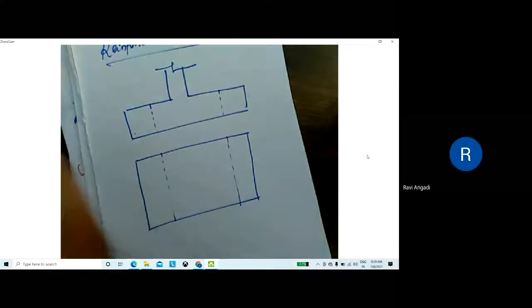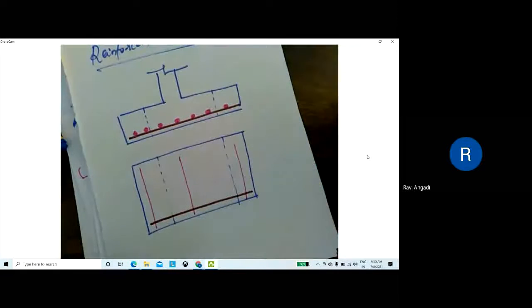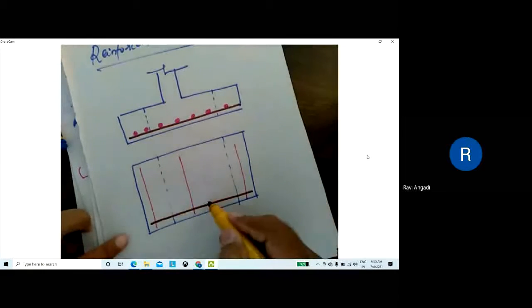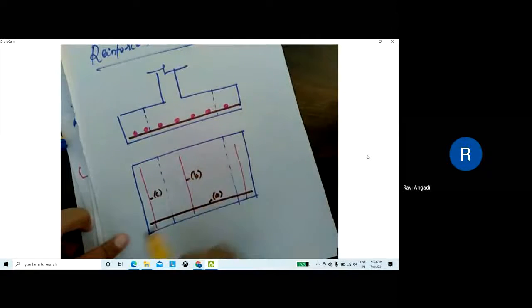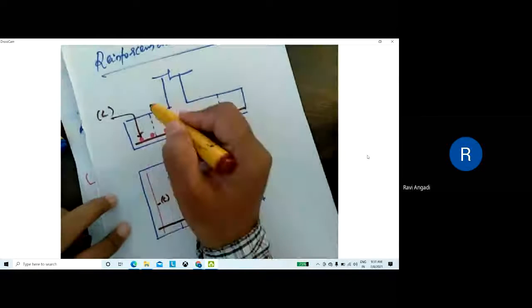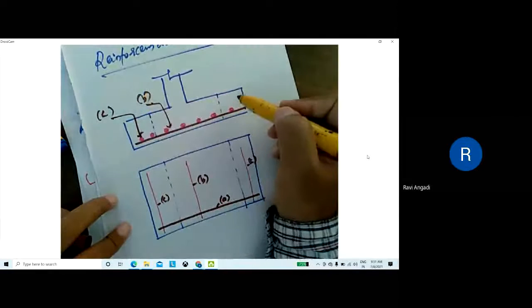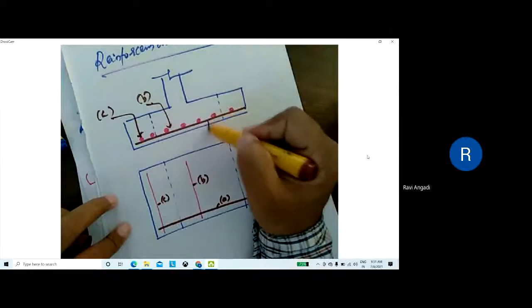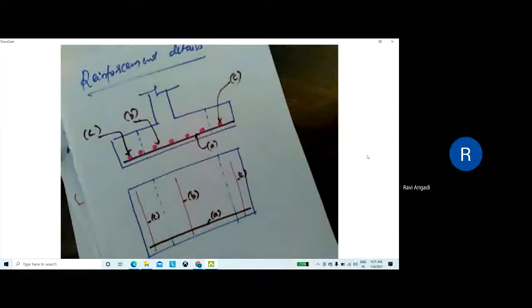So you mark this one main, then in plan you show one bar, and I call this main bar A. Then this bar you call C, and this one is B, and again this is also C. So the middle bars you call B, and again this main bar A, and again this one is C.